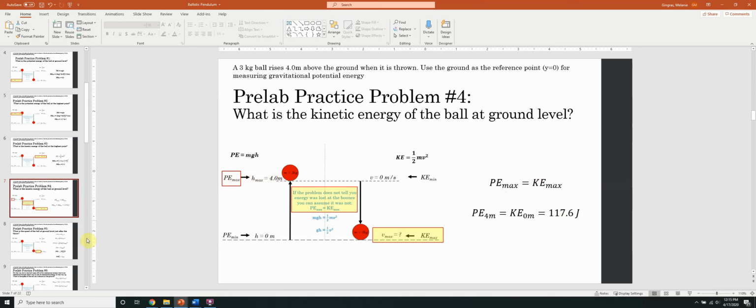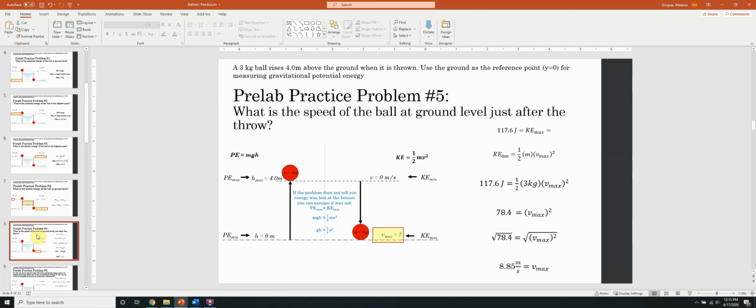All right, so moving on to pre-lab practice problem number 5. So still we're working with the same prompt, but this time we want to know what is the speed of the ball at ground level just after the throw. So you can see here, we're going to be calculating what the maximum velocity is, right? Because we're talking about the speed of the ball at ground level. But the important thing, and the reason that I emphasize the word speed, is you can see in the last